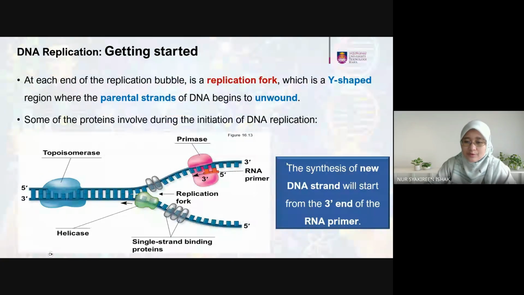This is the formation of the replication bubble. The replication fork will be at both ends of the replication bubble. It is a Y-shaped region where the parental strands of DNA begin to unwind. Some of the proteins involved during the initiation of DNA replication are these. I mentioned why it is called protein, because most of them are enzymes, but we have here